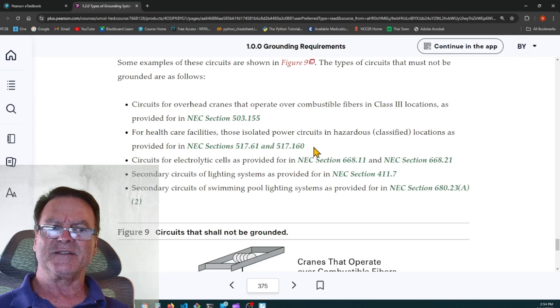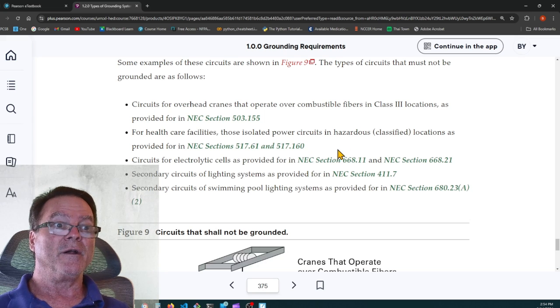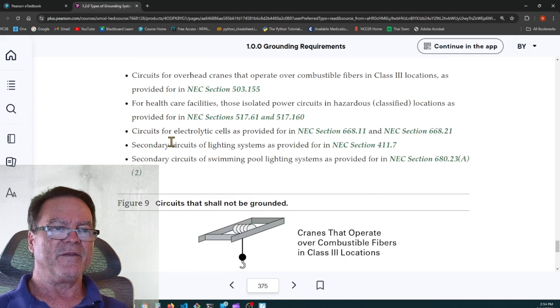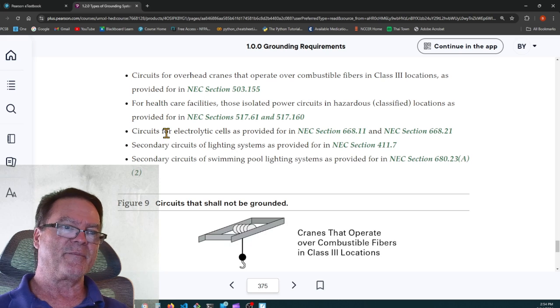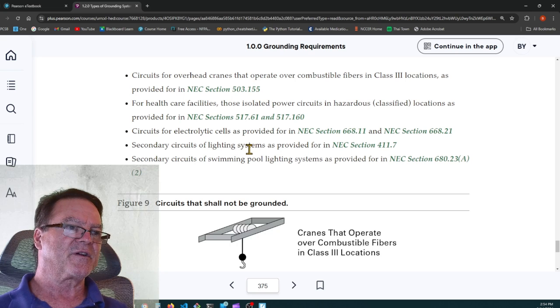So anesthetizing is flammable, and your system is ungrounded in situations where they're anesthetizing patients. Circuits for electrolytic cells as provided in Sections 668.11 and 668.21. Secondary circuits of lighting systems as provided for in Section 411.7, and secondary circuits of swimming pool lighting systems as provided for in NEC Section